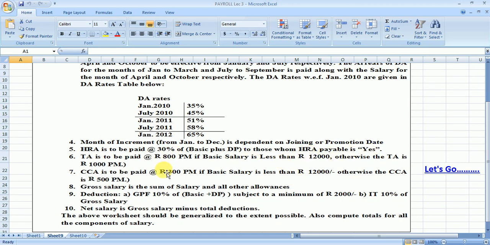Conditions are also given for TA and CCA, and gross salary is the sum of salary and all other allowances. There are deductions, GPF and IT, and we need to calculate the net salary. So we have to prepare the payroll statement and make sure it is generalized to the extent possible. So let's move to the solution part.